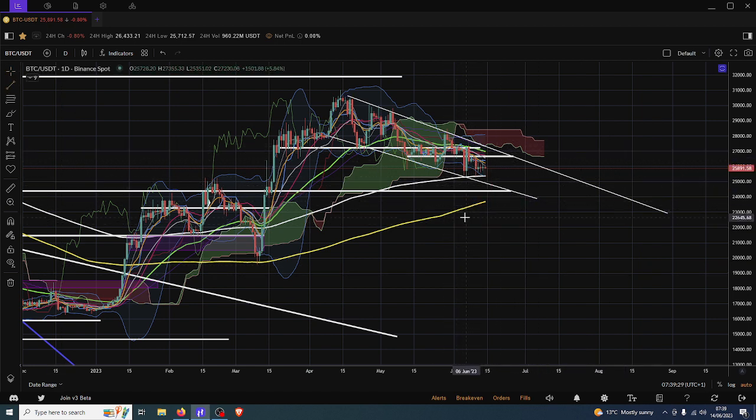And my expectation generally from what I see at the moment is something along the lines of this. So I'm just extending that 200 simple moving average on the daily to give us where it meets the channel. It also gives us this flat horizontal as well. So in a perfect world, we're just going to be hanging around in the channel, and we will find support when all these mega supports come in at the same place, around 24,003 or 400 by the end of this